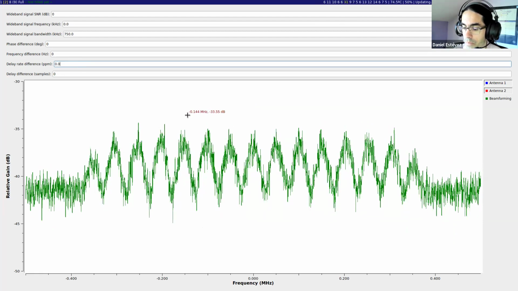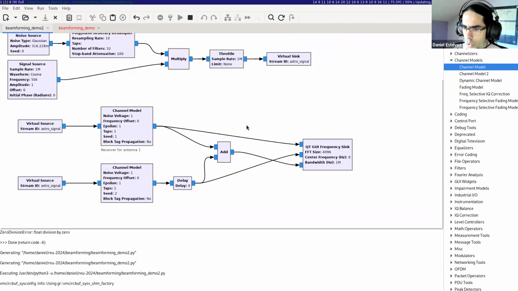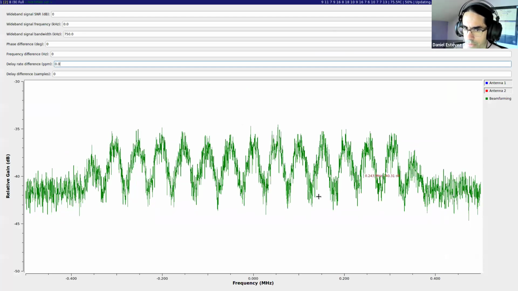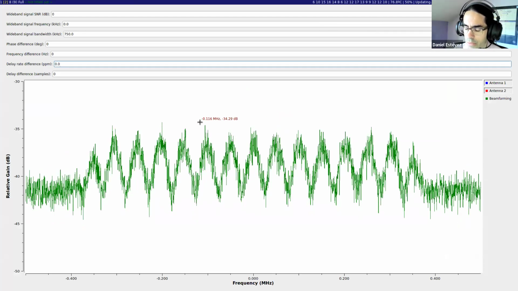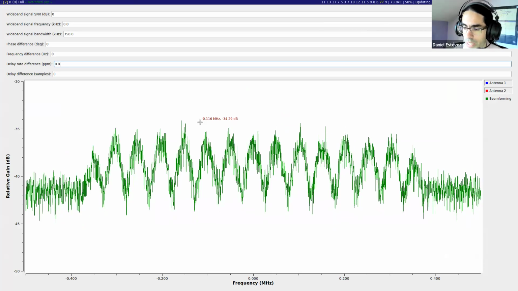So before doing beamforming, because beamforming is adding just the two signals from the two antennas, we need to correct for the phase, for the frequency, and for the delay. And the way to do that is